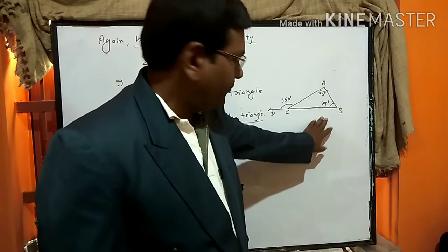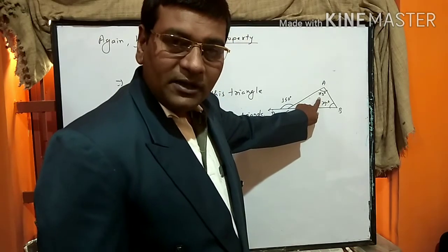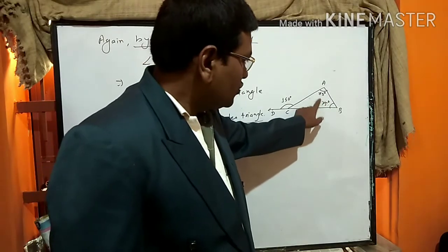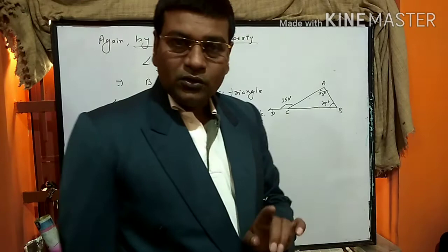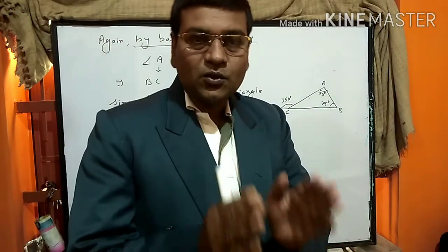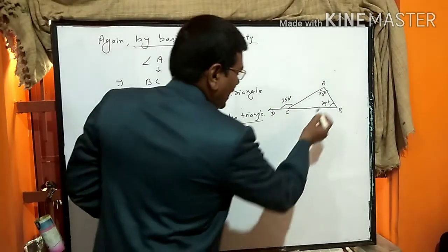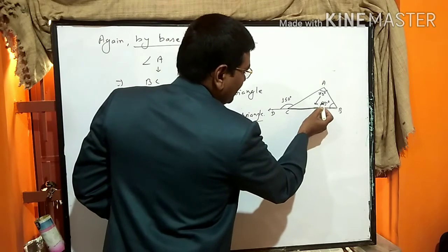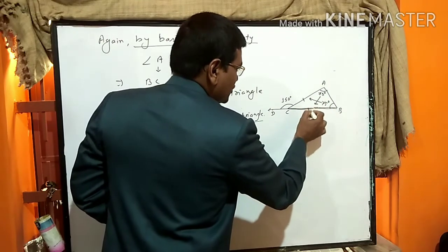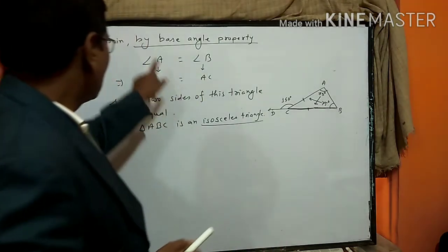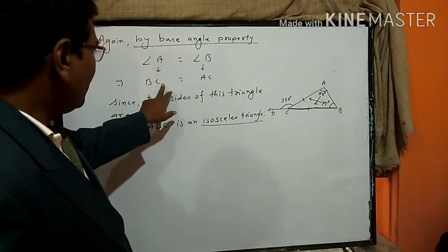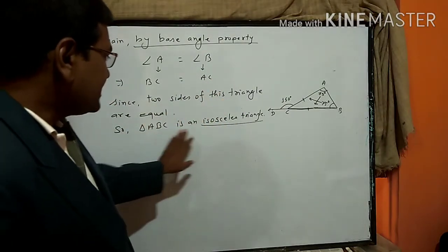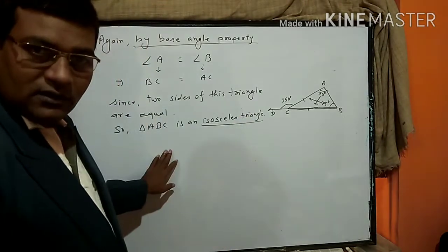Second part of this question. Here angle A equal 75 degree given, and we solved angle B equal 75. Now both angles are equal in a triangle. We know that if two angles are equal, then its two sides will be equal. Opposite side of angle A is CB or BC. Opposite side of angle B is AC. These two sides will be equal. Look here, opposite side of angle A, opposite side of angle B. Two sides of this triangle are equal, so ABC is an isosceles triangle.